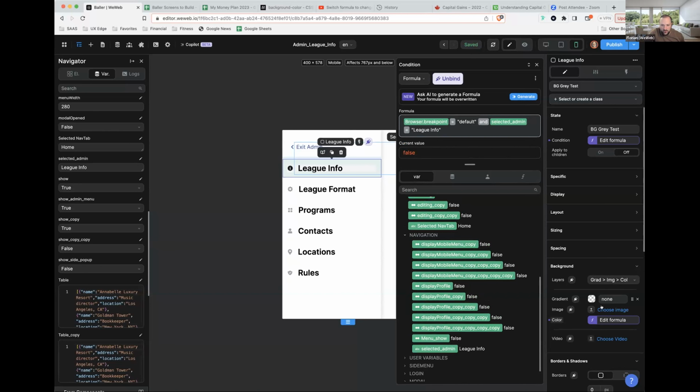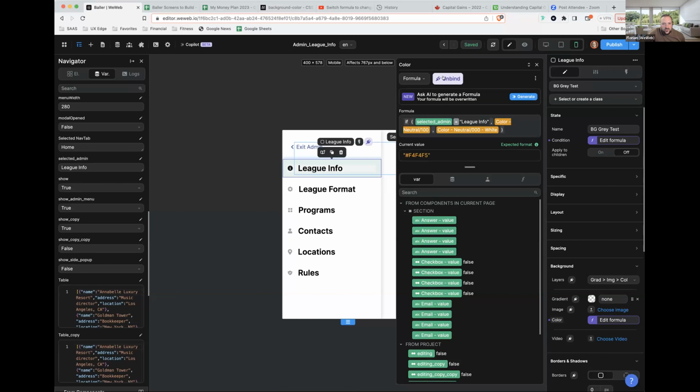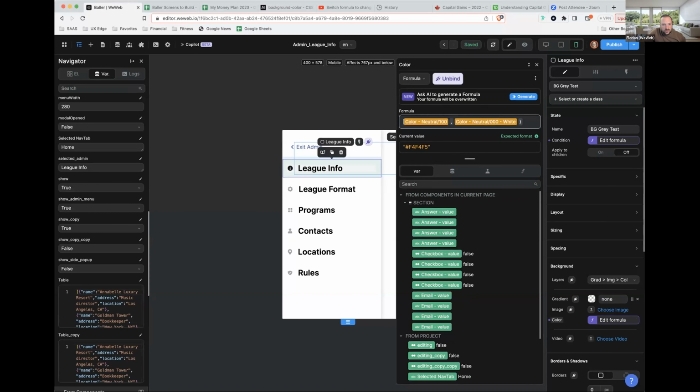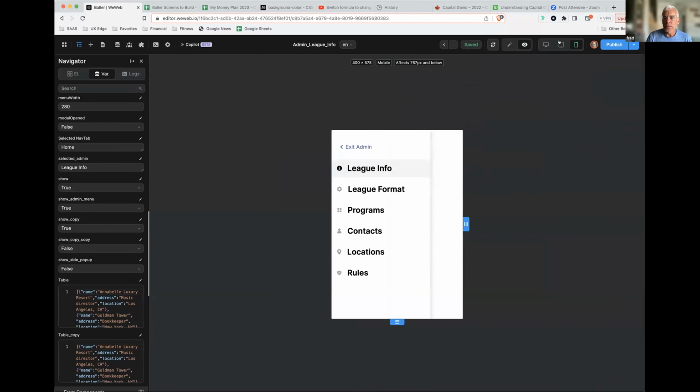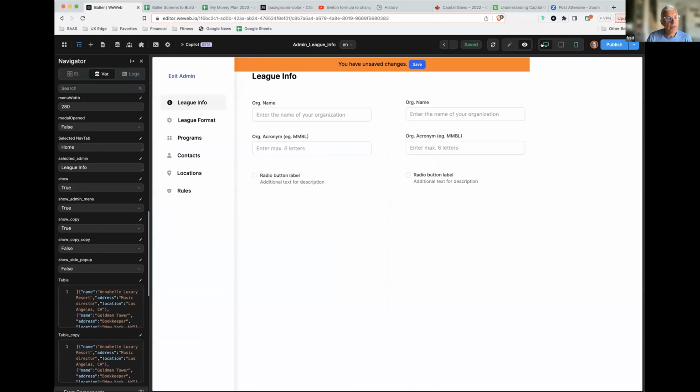Okay. You can remove your logic in here and just click here, and you can just unbind. Keep the color, I think it's neutral 100. And so your link will be in that state only when the condition is true. So this should work. Okay, so that's right. We go to desktop. It's true. And now on mobile,